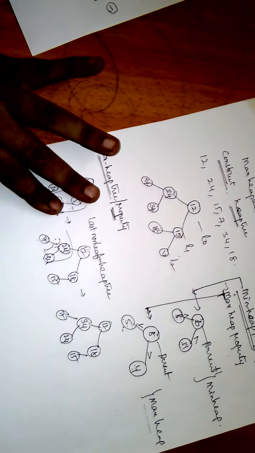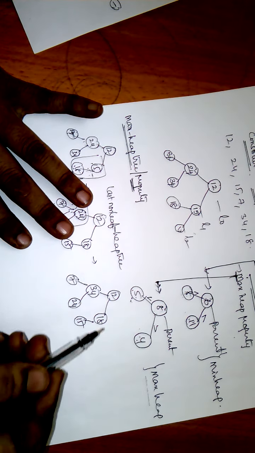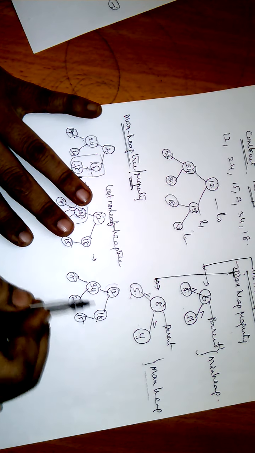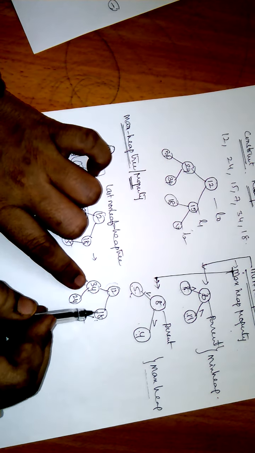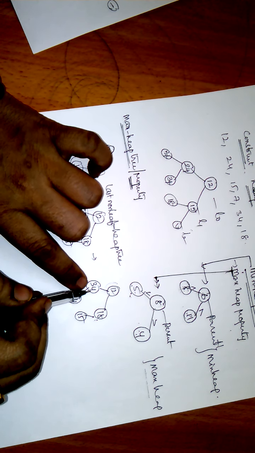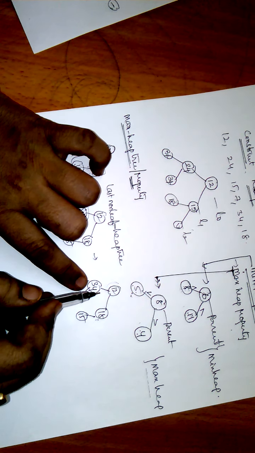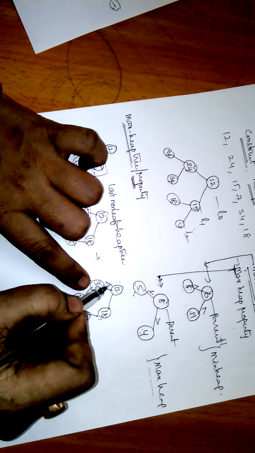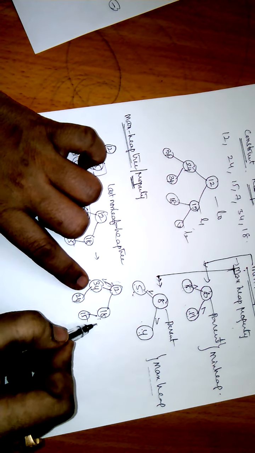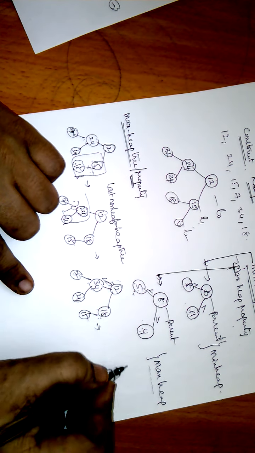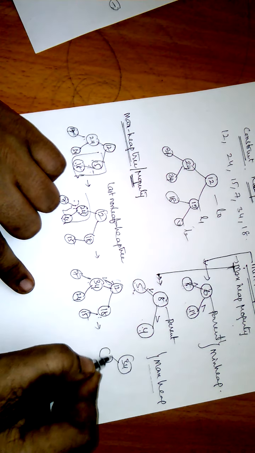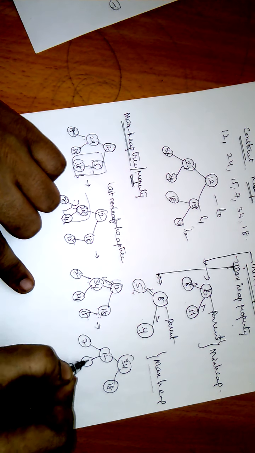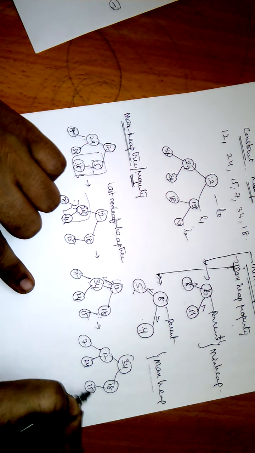Next, what is the next non-leaf node? This is the next non-leaf. Now you compare with the child nodes. The left child node has a greater value than the remaining one, so we swap these two. Then what you get next: 34, swap 12 here, 18, 7, 24 and 15.